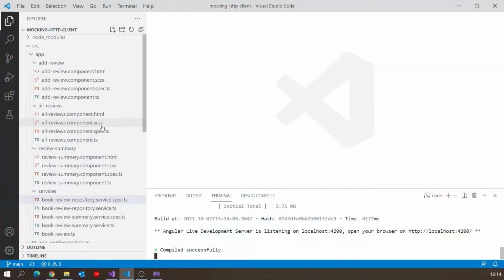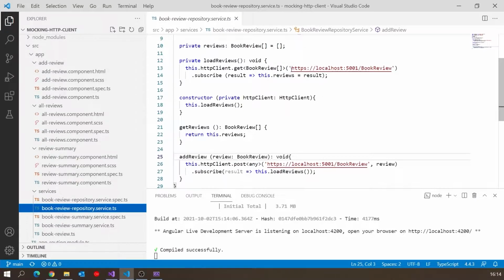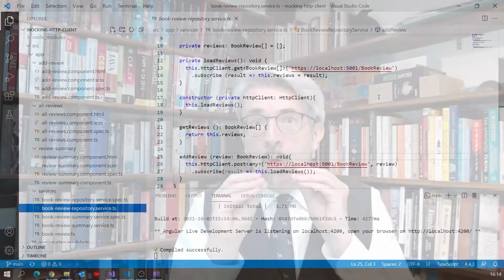But the issue I've mentioned a few times is, if we go to the Angular and take a look inside this repository service, we are hard-coded to using something on localhost that's running in development mode. What I mentioned is we need to have that configurable in some kind of separate environment file. I'm not going to do that this week, but I'm going to at least have an alternative that we can go to.